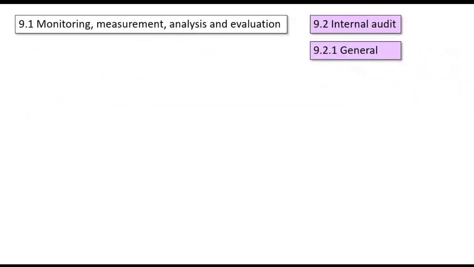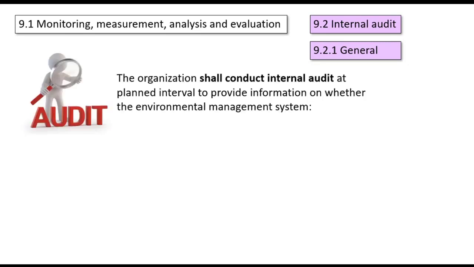All right. So we finish under clause 9.1. Okay. Now we go to the subclause 9.2, which is internal audit. So under this 9.2 internal audit, there is a subclause which is 9.2.1 general requirement under internal audit. Okay, what's the general requirement here? The organization shall conduct internal audit at the planned interval to